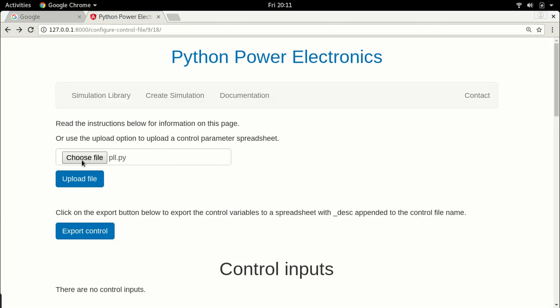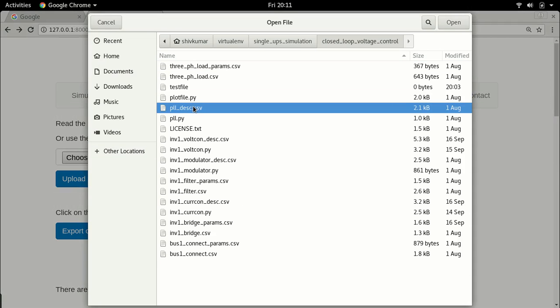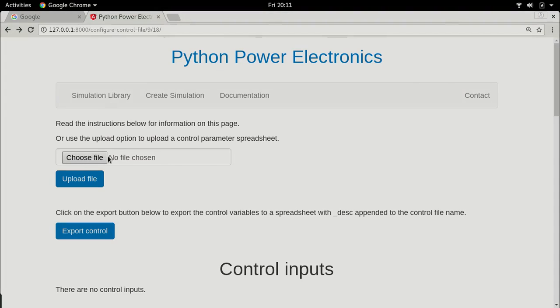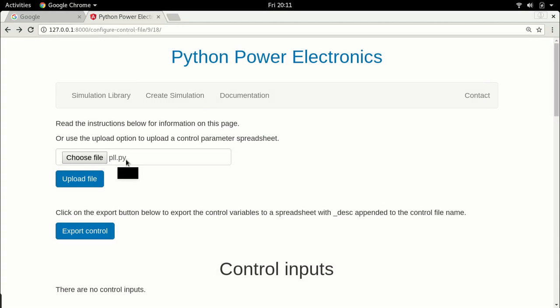You see what happened? I actually should have uploaded PLL_desk.csv. And instead of doing this, I actually uploaded PLL.py. Now the problem with doing this is I have not yet included the error checking to make sure